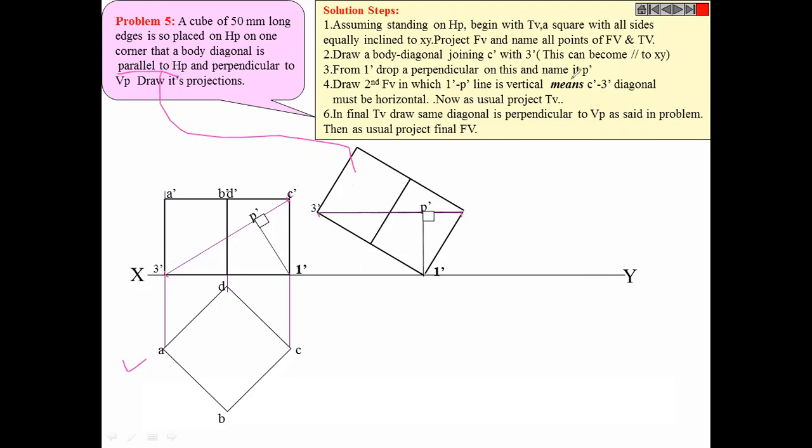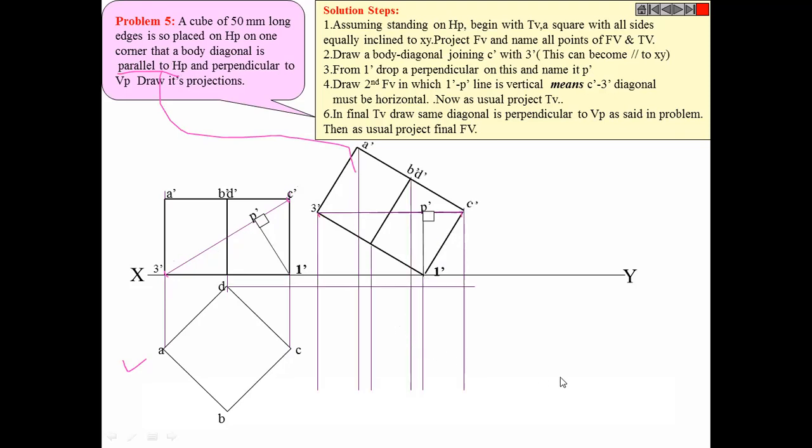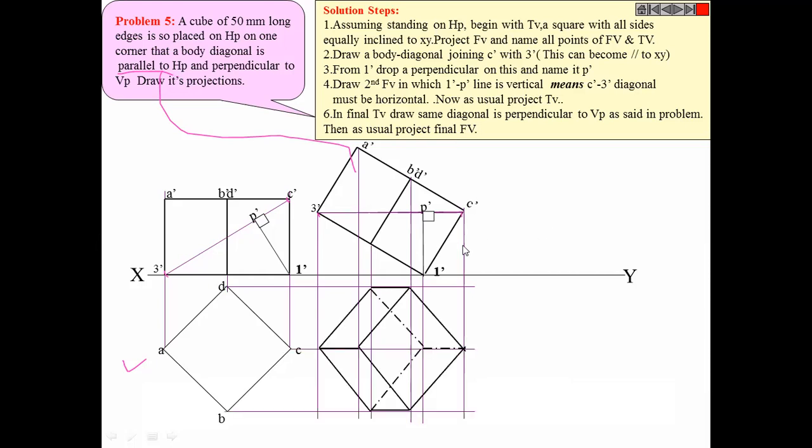That's it. So now we will draw its projection, the bottom projection. There will be something dotted also. Now what will come dotted?